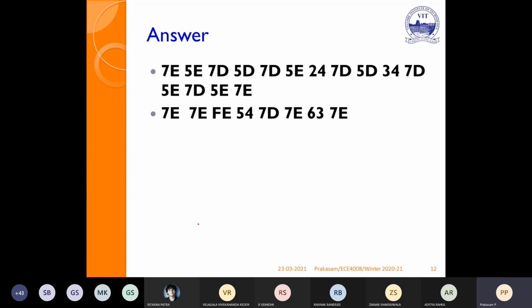So in the information, if 7E is present, we replace it with 7D, 5E as stuffed bytes. If 7D is present, we replace it with 7D, 5D. In destuffing, we do the inverse operations and get the exact bytes. So that's all about framing, bit stuffing and byte stuffing.